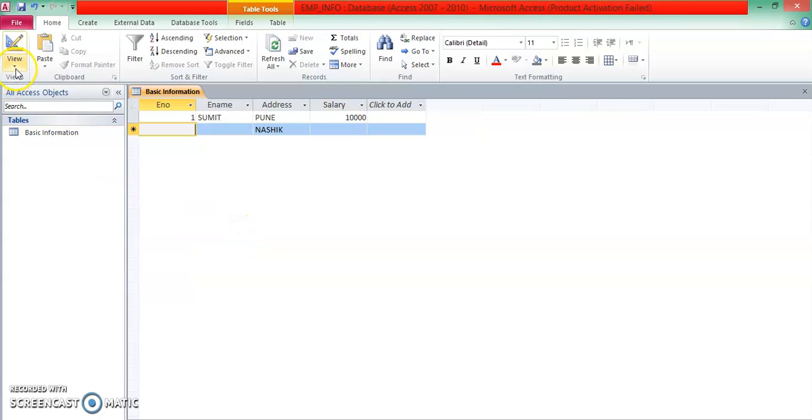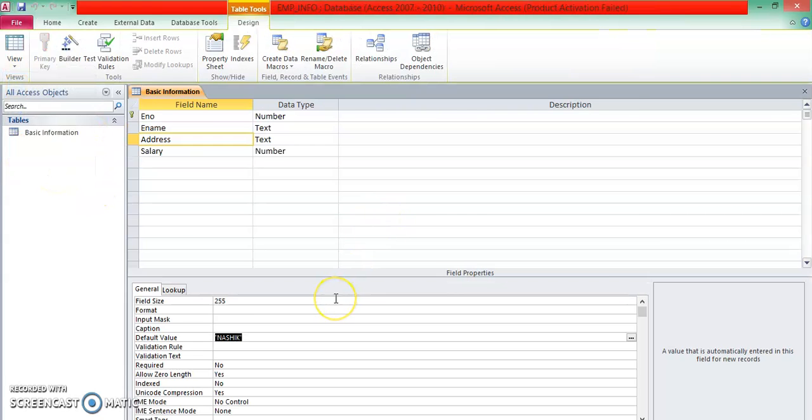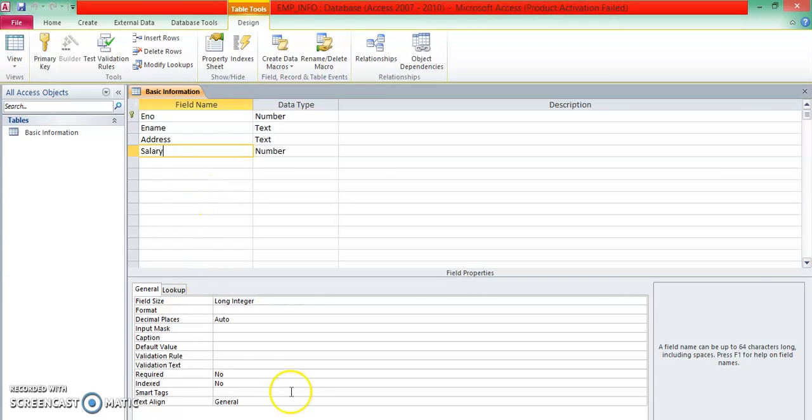Now to set the validation rule and validation text for the column. Validation rule and validation text give us the ability to check your data before inserting that data into the table. So again we have the validation rule and validation text properties available for the columns. We will be taking the column salary, and here I am applying the validation rule. It is nothing but the condition.